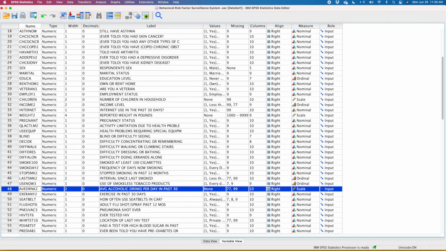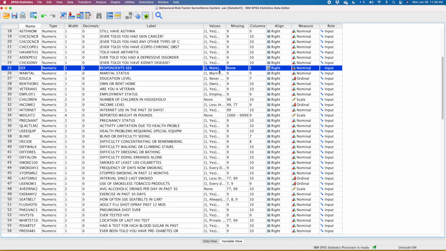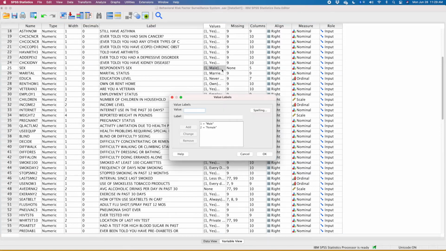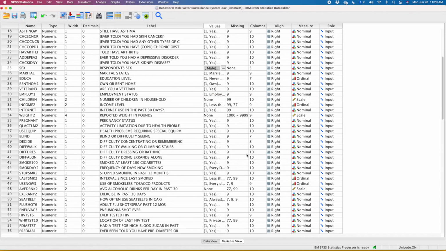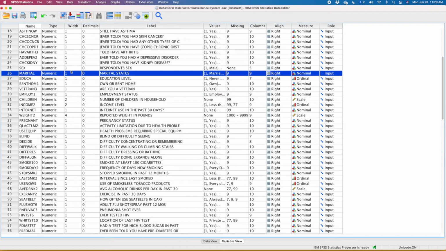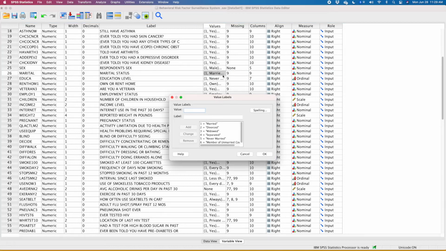And here is our data set. I have a different variable highlighted here. I'm actually going to work with the average alcoholic drinks per day in the past 30 days. I'm going to pair this alcohol variable with the respondent sex variable up here. It's measured in two groups. Males are 1, females are 2. You don't have to restrict yourself to an independent variable that only has two groups. You can easily use a variable that has more than two groups, but then you'd have to flush out those two groups that you want to compare